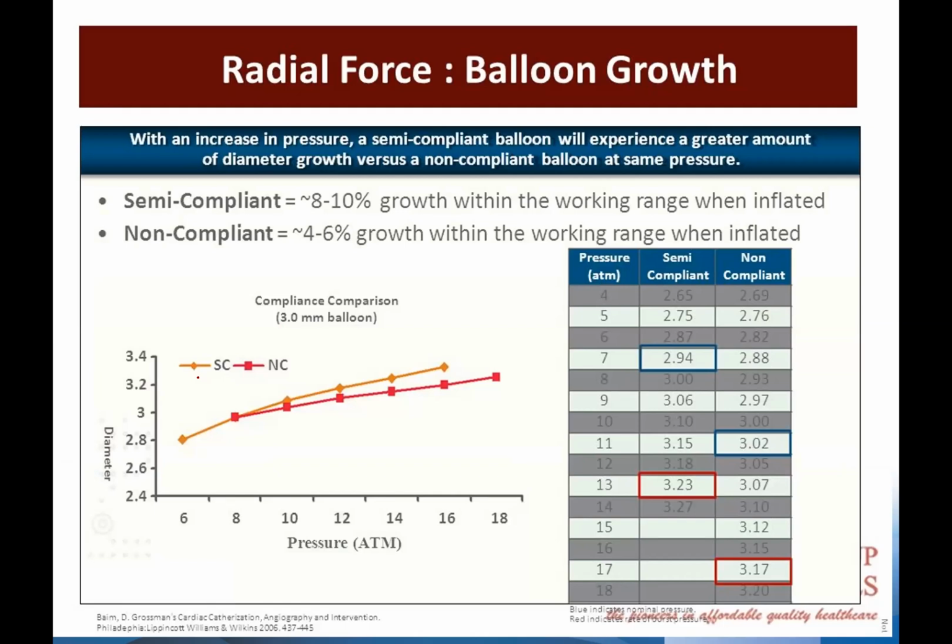So I was talking about the radial force, the balloon growth. The semi-compliant balloon increases in size about 10% within the working range, as you can see on this line: 2.65, 2.94, 3.0. As you start going up, it goes to like 3.27. Notice the non-compliant balloon doesn't, so it's 3.02